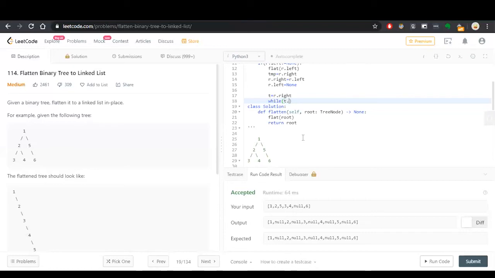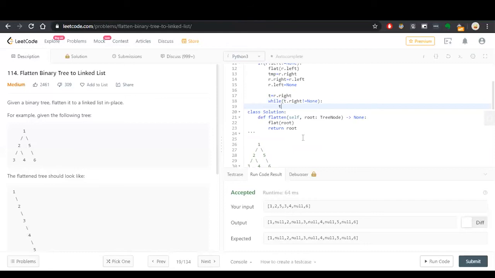While t dot right not equal to none, what we will do, t equal to t dot right. So what we are doing basically here, we are traversing until the right node of a node in the right subtree, which was actually the left subtree in the original tree, is none.